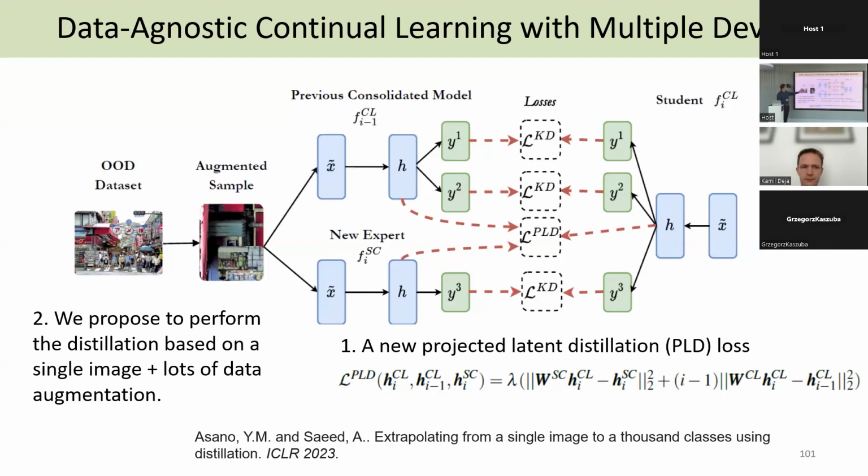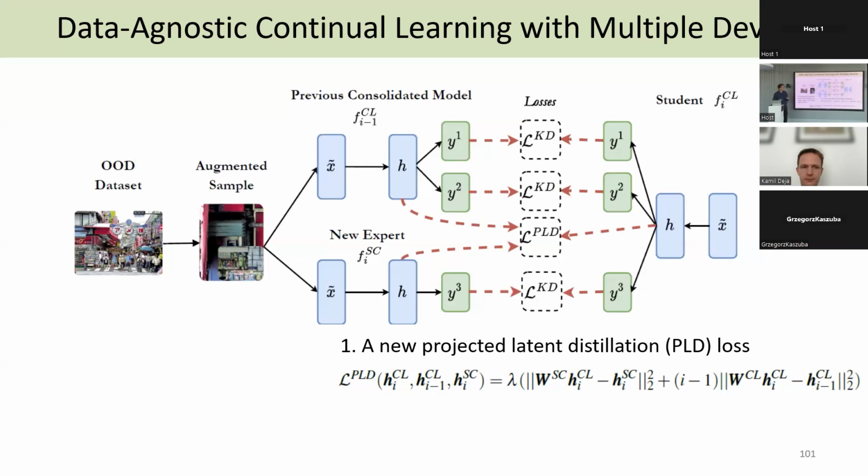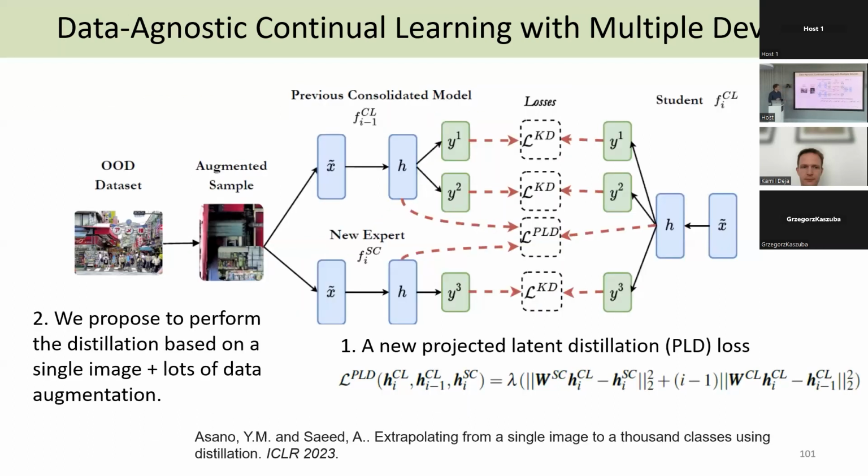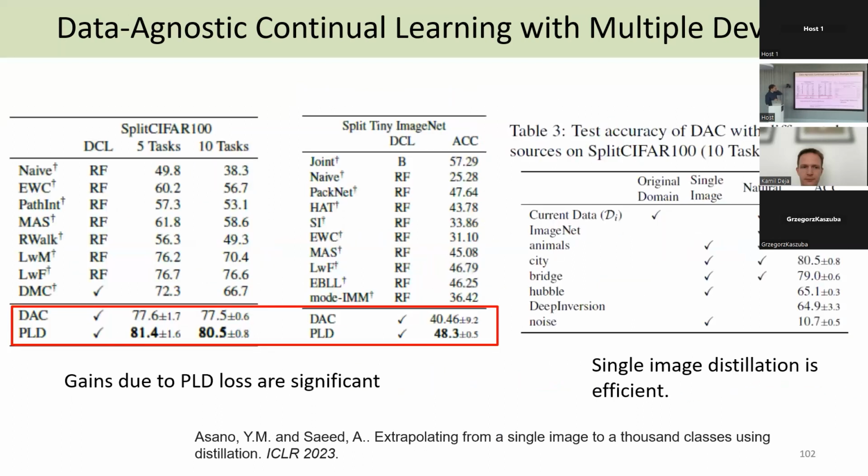So motivated by that, we thought, okay, let's try to do this whole distillation phase in our network, where we have this expert model coming in, on only a single image. Will this work? So we evaluated this in this paper. This is the ablation of this double latent space projection layer loss, and it gives a decent improvement, for example on Tiny ImageNet of 8%. And on the right, maybe more interesting, are the results you get if you do a distillation on a single image. You could use the current data, which is what we normally do in continual learning, and you get 84.